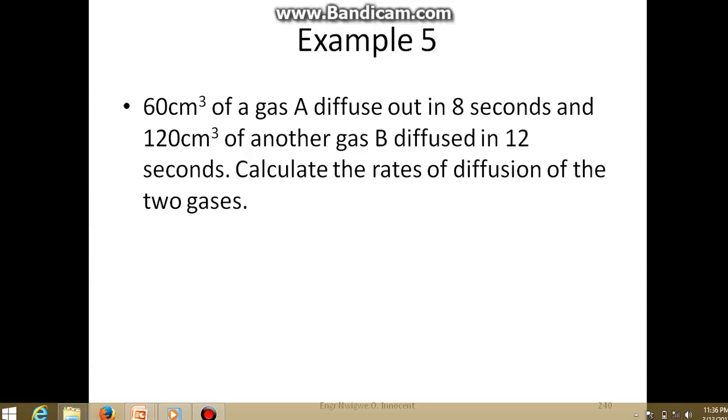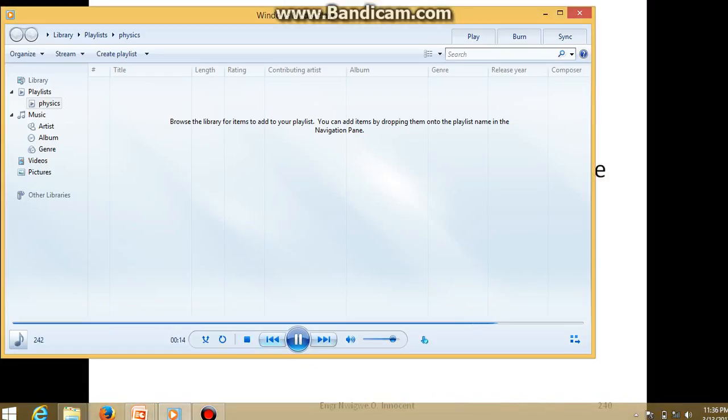is used to get the answer. Vapor density of hydrogen is equal to 1. Oxygen. Solution: rate R1 of diffusion of hydrogen divided by rate R2 of diffusion. Example 6. Rate of diffusion equals volume diffused over time taken. Therefore, rate of diffusion of gas A equals